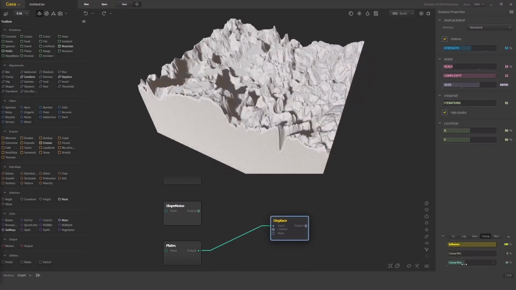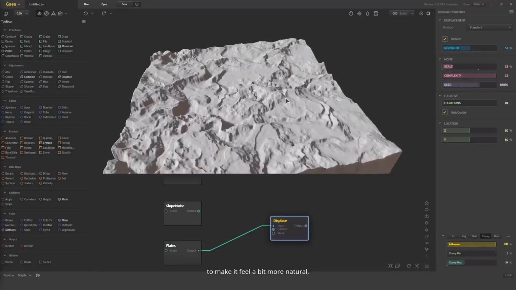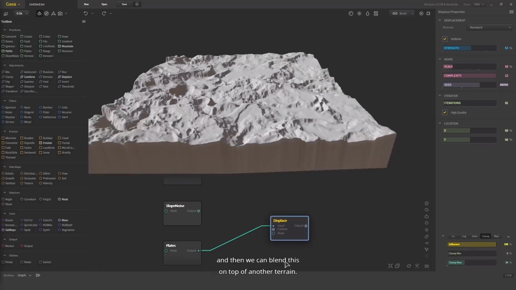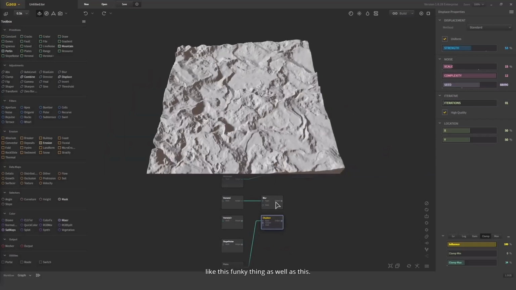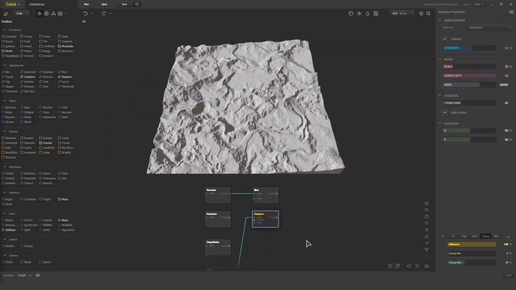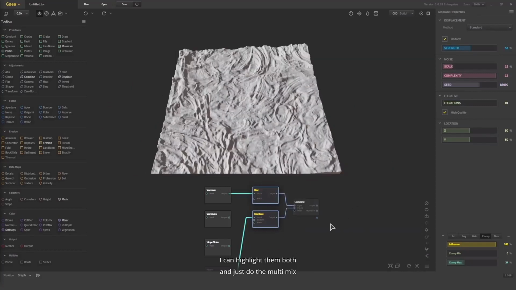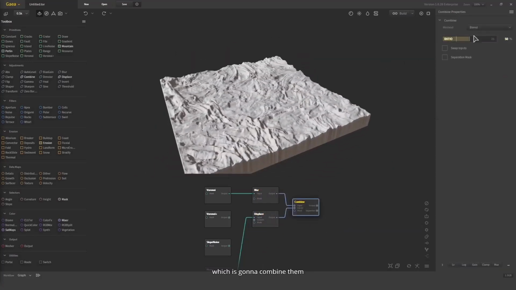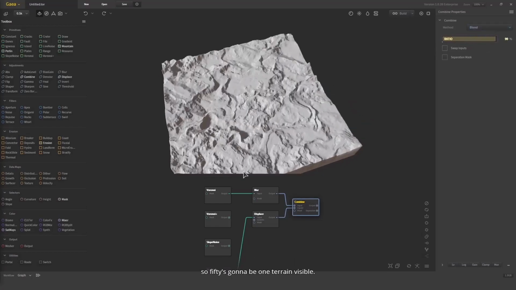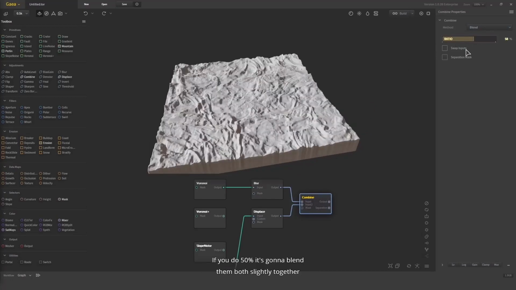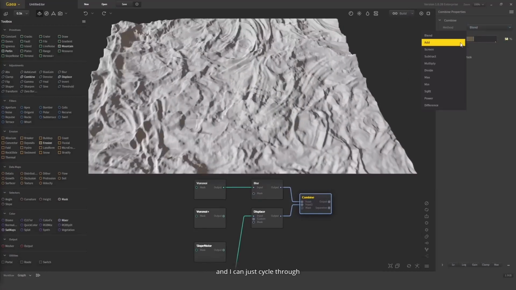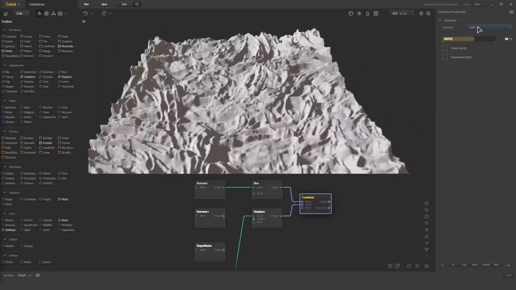Clamp it to make it feel a bit more natural, and then we could blend this on top of another terrain. So I could take both of these, like this funky thing as well as this. I can highlight them both and just do the multi-mix, which is going to combine them. And you'll see that right now we're using blends. So 50 is going to be one terrain visible. If I do 50%, it's going to blend them both slightly together, and I can just cycle through the different